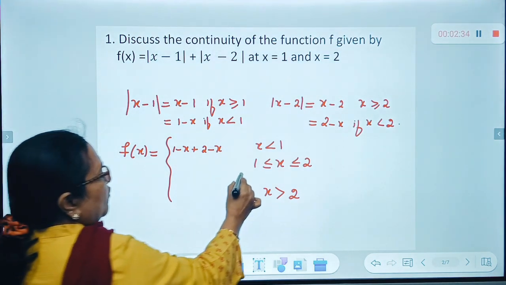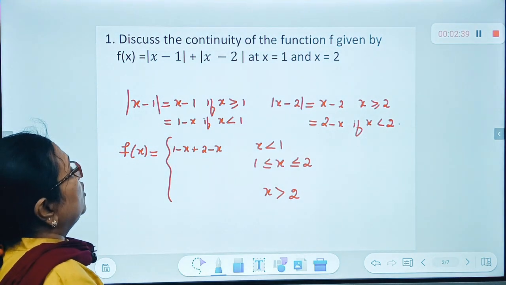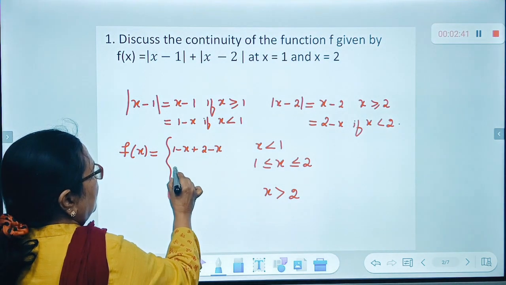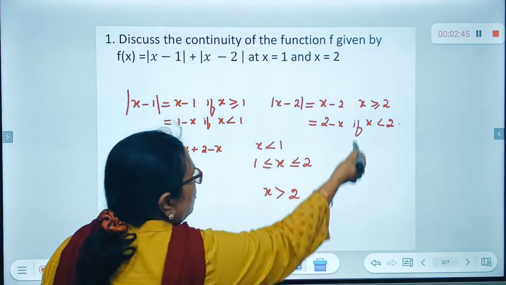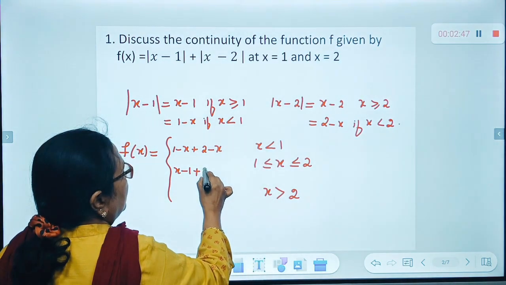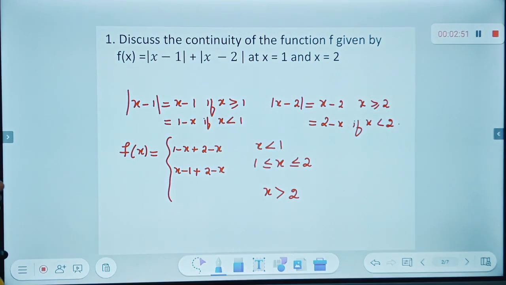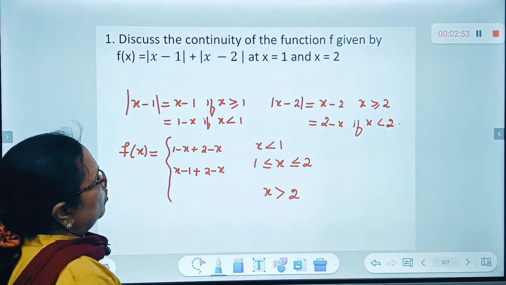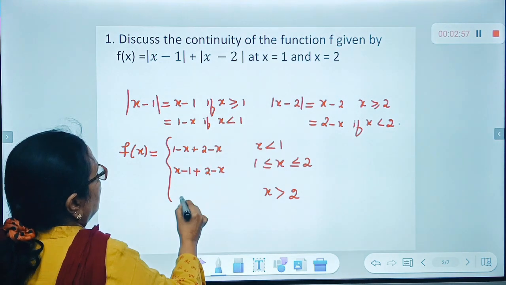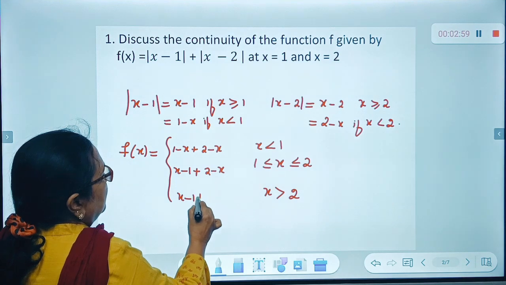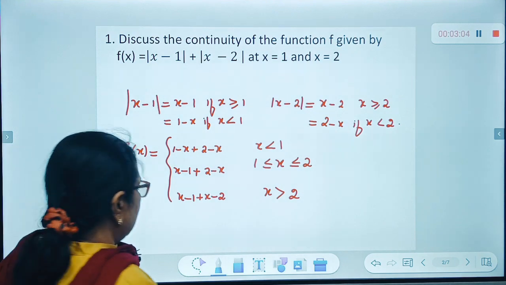Now, when x lies between 1 and 2, x is greater than or equal to 1, so here you have x minus 1, but x is less than or equal to 2, so you have 2 minus x. Now when x is greater than 2, what is modulus of x minus 1? Definitely it is greater than 1, so it is x minus 1 plus x minus 2. So I can rewrite this as,